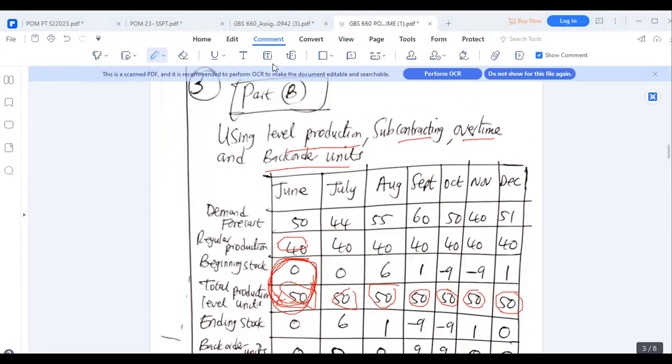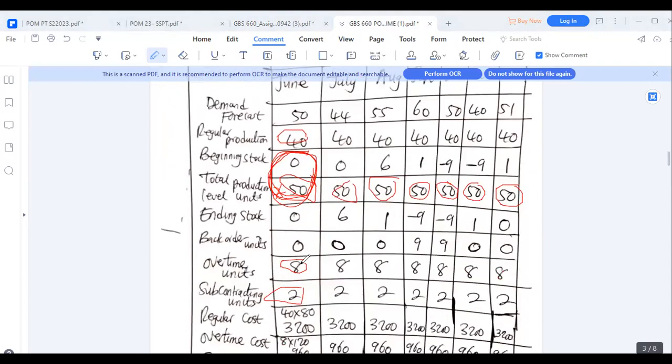So what are we saying now? We are simply saying that our overtime is 8 throughout and our subcontracting is 2, period after period. Then what happens now? We can